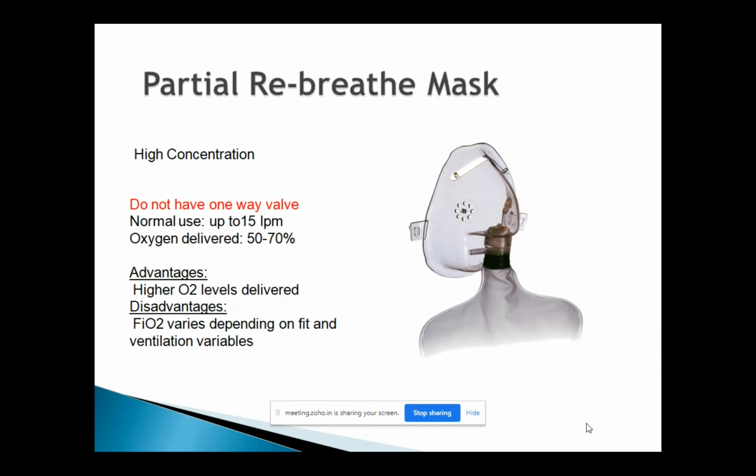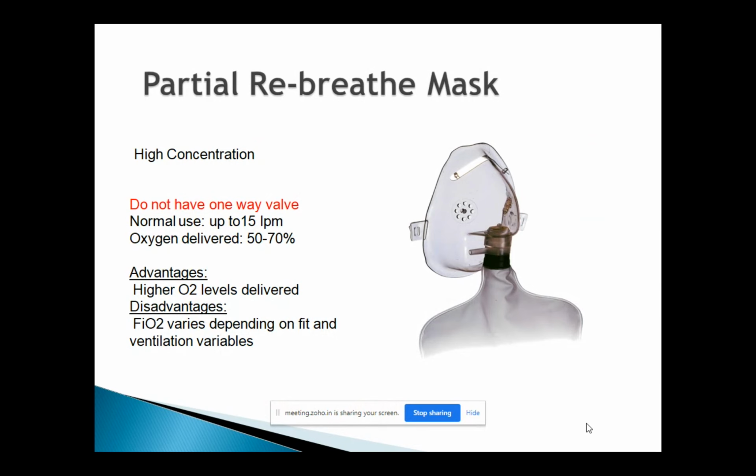So every time the patient breathes in, the oxygen inside the bag, that's the reason it's got a reservoir bag, the bag delivers the oxygen to the patient. There is a little valve on the top that opens and allows the oxygen to flow from the bag to the patient. When the patient breathes out, the valve shuts down. So whatever the patient is breathing out, which is carbon dioxide, does not go back in the bag, but goes outside through the holes on the side of the mask.